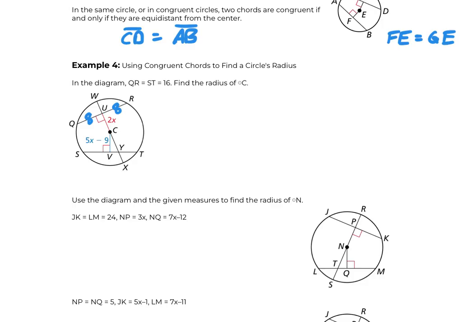What we want to do here is find the radius of circle C. In order to do this, we have to draw in a segment that we don't have right now, using information that we already know. So what I'm going to draw in right here is QC. First of all, QC is a radius, right? It connects the center to the edge of the circle. The reason I'm drawing that radius in is because